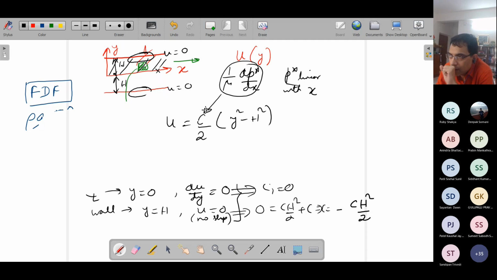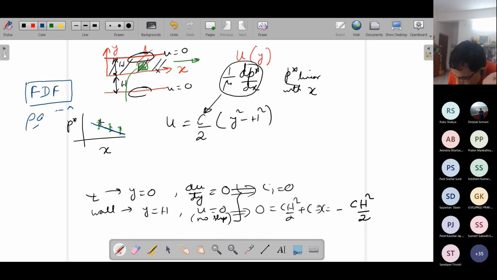But if you see the practical problems, sometimes you are not in a position to measure this pressure gradient. You can substitute this value provided you have an experimental measurement of the pressure gradient. That means you have to plot some values of p star with x from experiments, along the channel in the fully developed flow regime, something like this. These data will have some error, and then you can make a curve fit.